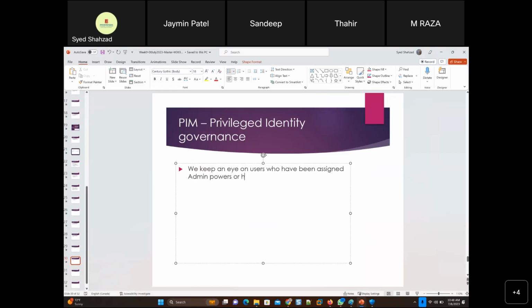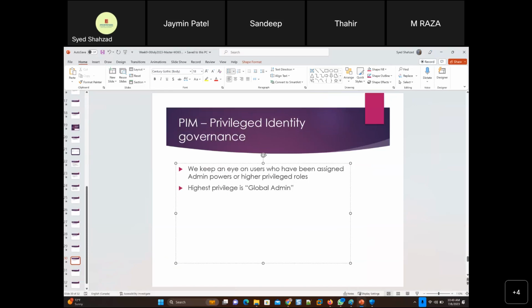Or higher privileged roles, right? So that is one thing. Now, the highest privilege is global admin, right?